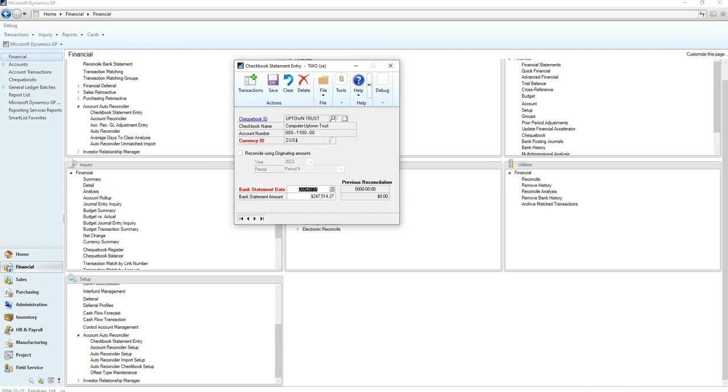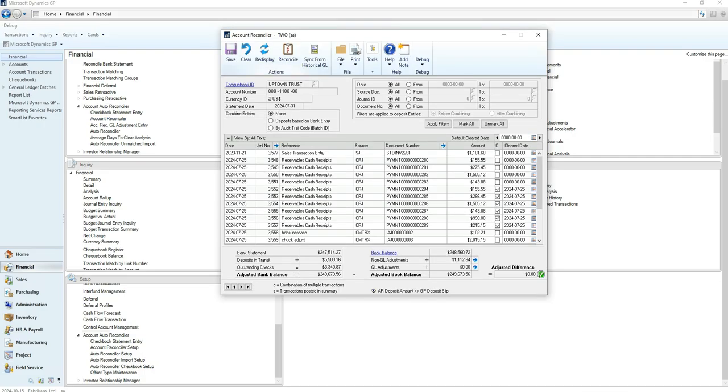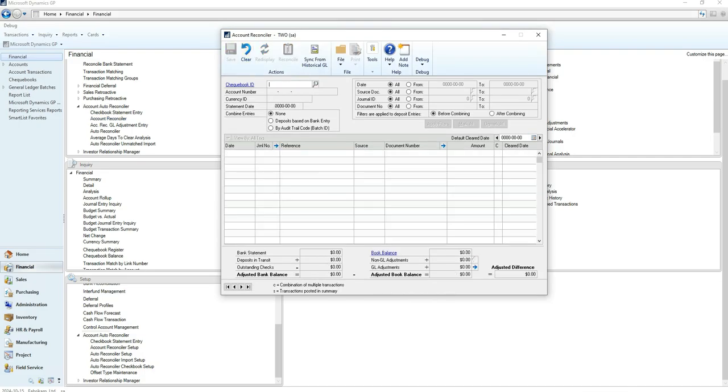When you're ready to use it, you would select your checkbook, create the checkbook in Account Reconciler, and then when you're ready to reconcile, you would enter in your bank statement date and the balance from your bank statement. Once you reconcile, it'll automatically show the previous reconciliation as well as the statement amount from that previous reconciliation in this window as well. You can select the Transactions button or Account Reconciler to open up the Account Reconciler window. When you're ready, you would just select your checkbook,